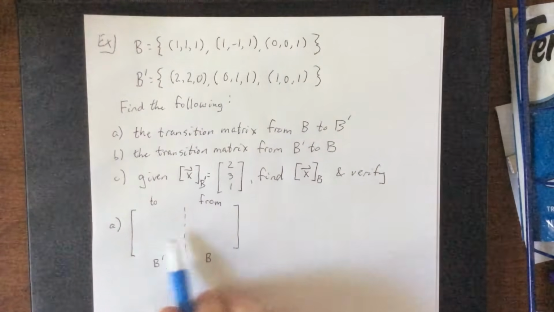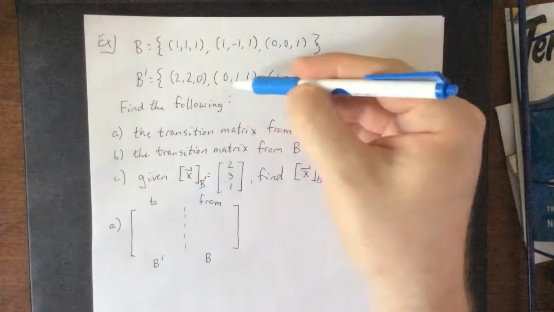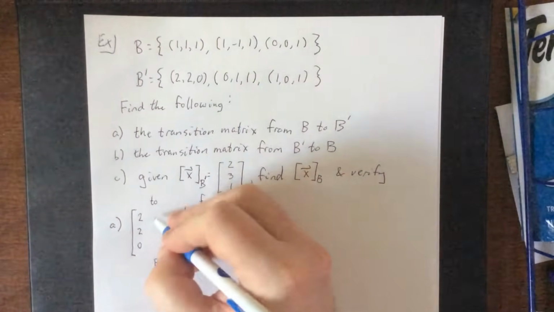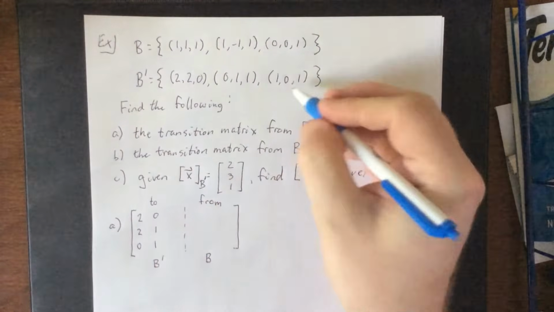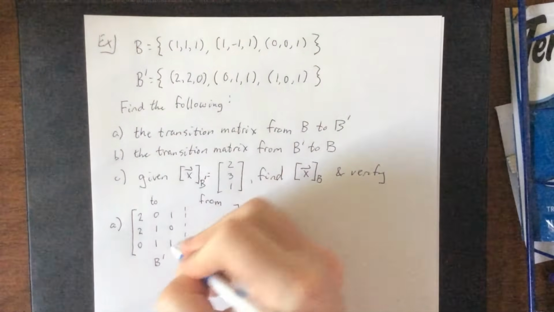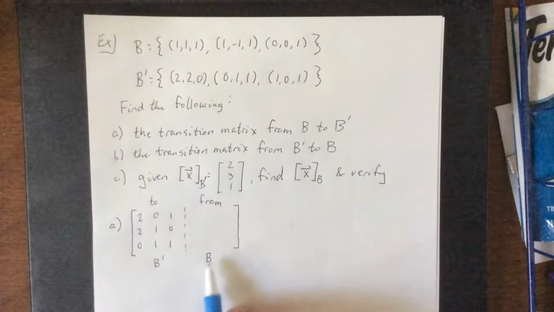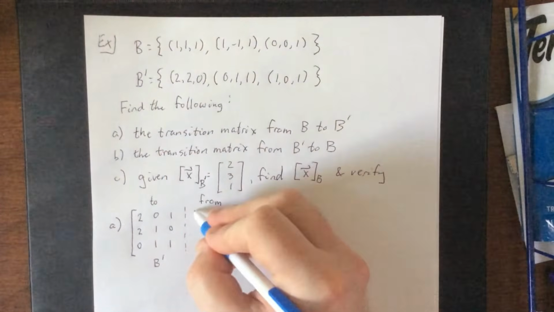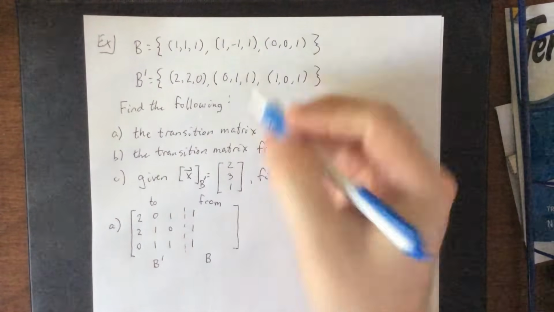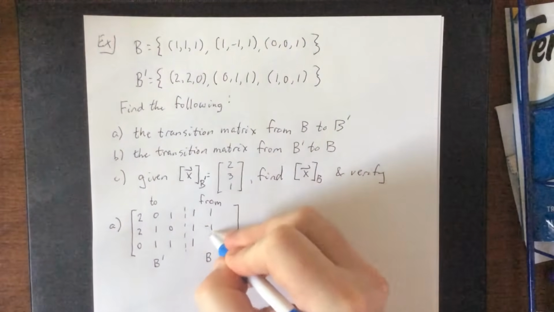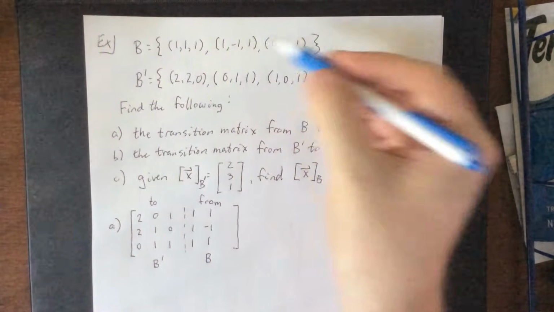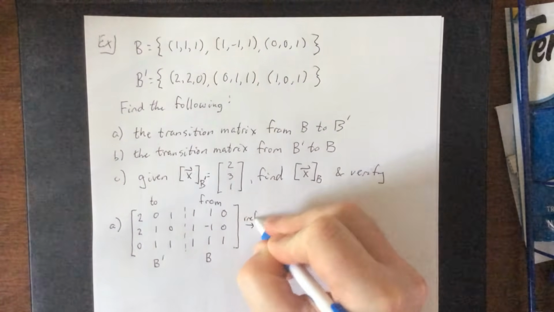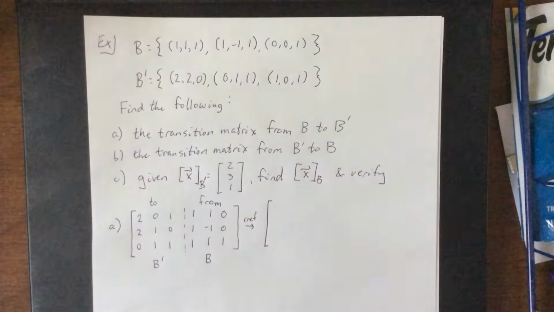So loading into this matrix, the first three columns are going to be the vectors of B prime. So we'll see a 2, 2, 0 for the first vector, then 0, 1, 1 for the second vector, and 1, 0, 1 for the third vector. Transitioning from B, we'll load the three vectors of B in, same as what we just did. So 1, 1, 1 for the fourth column, 1, -1, 1 for the fifth column, and 0, 0, 1 for the sixth column. We're going to take this down to reduced row echelon form,